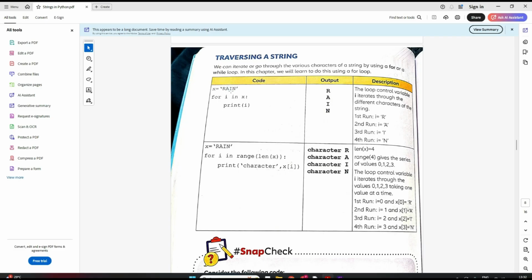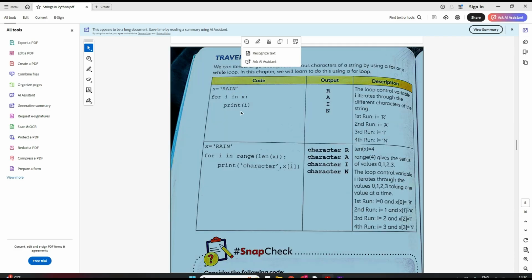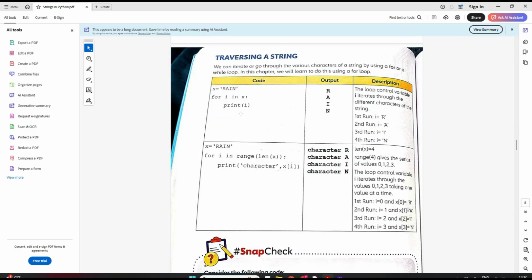What is the index of I? 2, right? 0, 1, 2. So if I want to fetch I, I can write x and in square brackets I can write 2, right? But suppose I want to traverse one by one starting from the first till the end. How do I do that? I can do this using a for or a while loop.